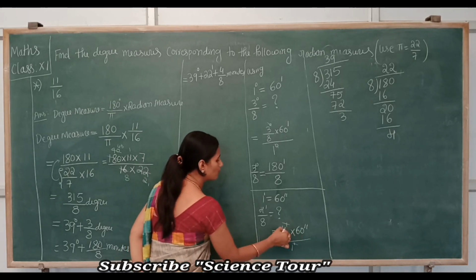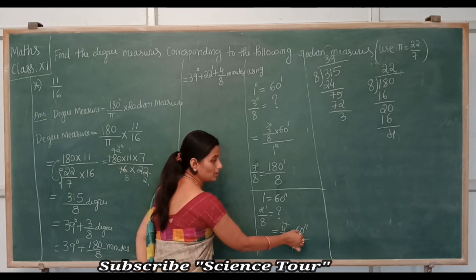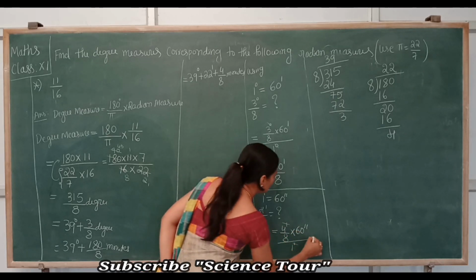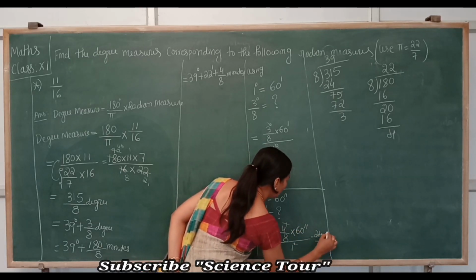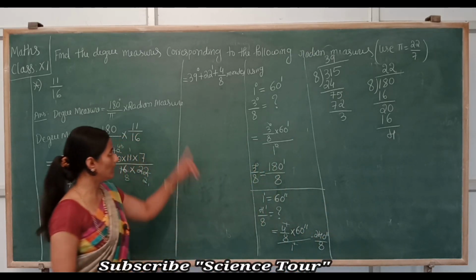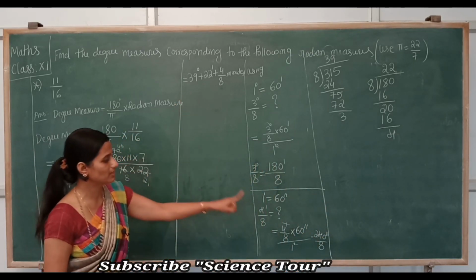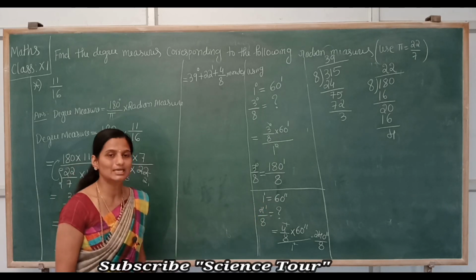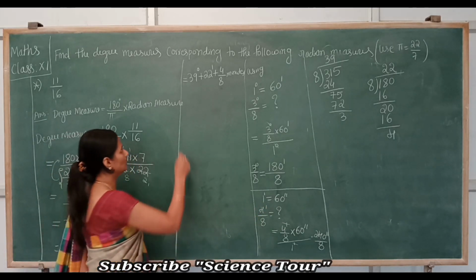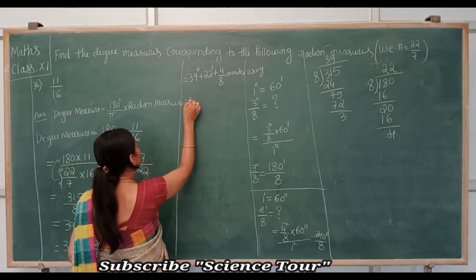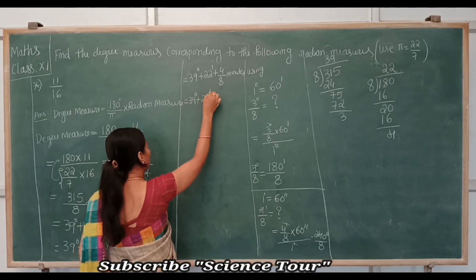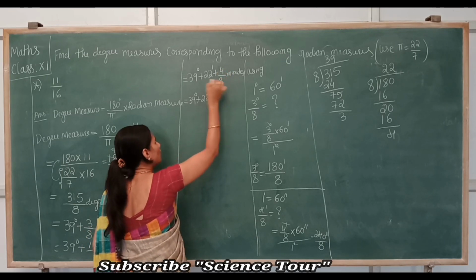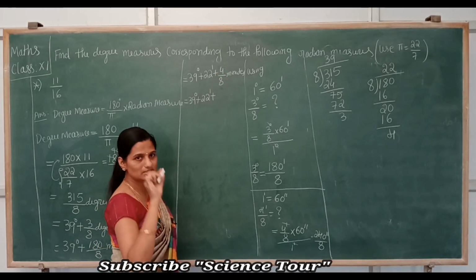So now next, 4 by 8 divided into 60. 4 6s are 24, so 240 divided by 8 seconds. So here, 4 by 8 minutes means how much is it? 240 divided by 8 minutes. So this can be written as 39 degree plus 22 minutes plus this 4 by 8 fraction of minutes is